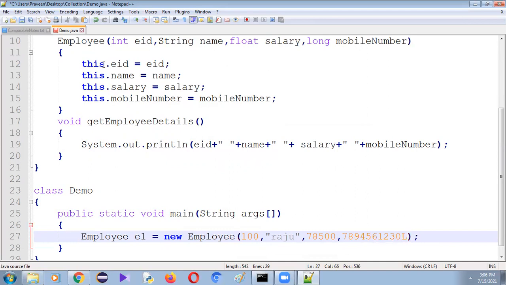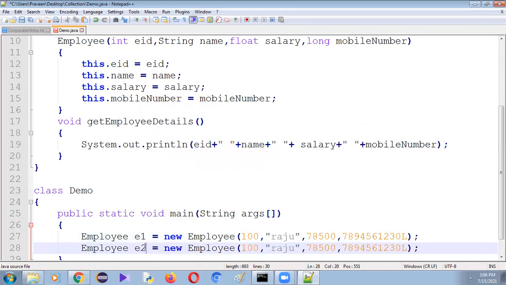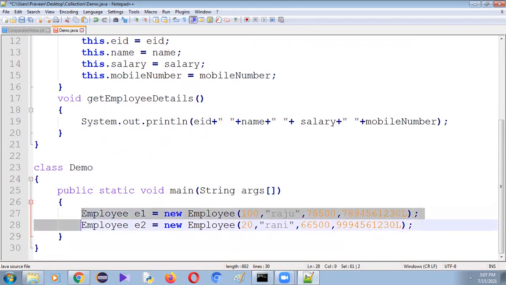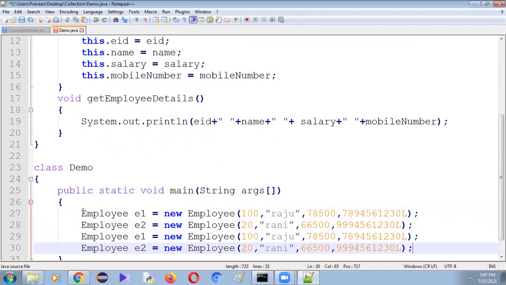Yes, one employee object has been created, and in the same way, let me create another employee object. Employee E2 = new Employee(20, Rani, 66500, phone number). In the same way, let me create 2 more objects. First, let me change the reference variable names to E3 and E4.